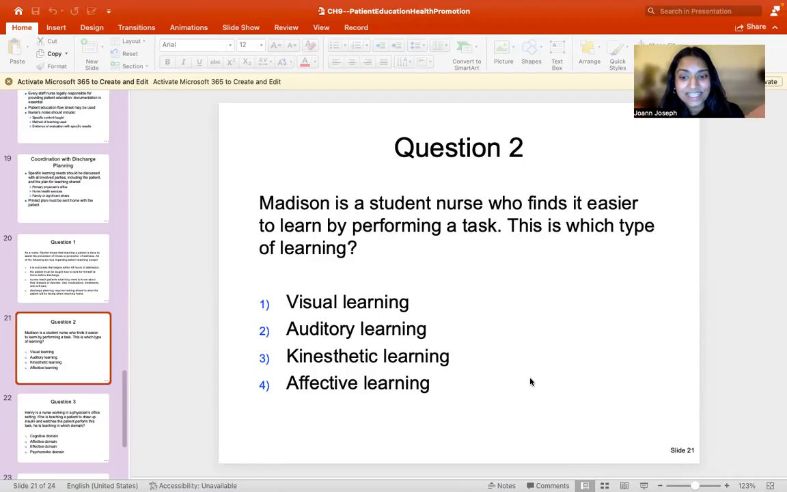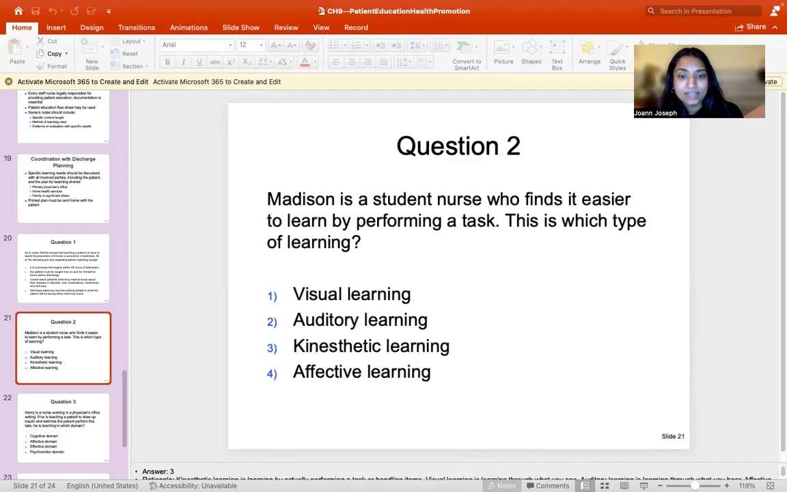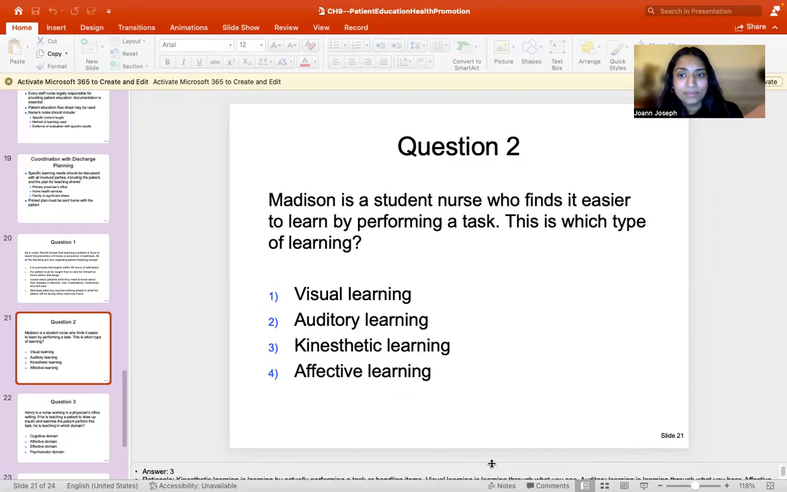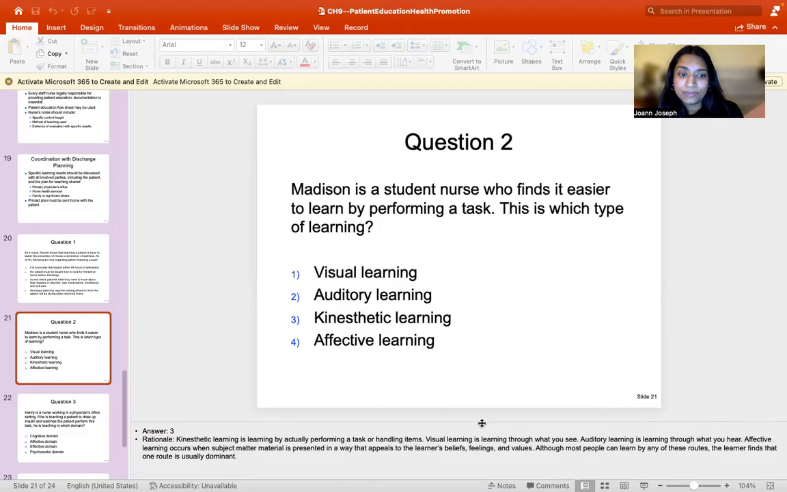This is kinesthetic learning, okay? I know that this is kinesthetic learning because kinesthetic involves me performing a task. So kinesthetic learning is learning by actually performing a task or handling items. Visual learning is learning through what you see. Auditory learning is learning through what you hear. Affective learning occurs when subject matter material is presented in a way that appeals to the learner's beliefs, feelings, and